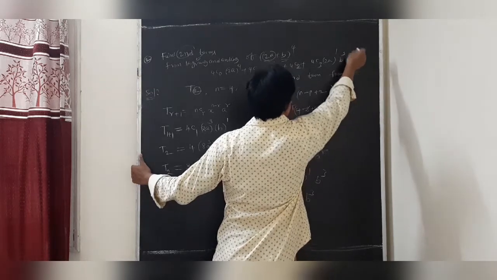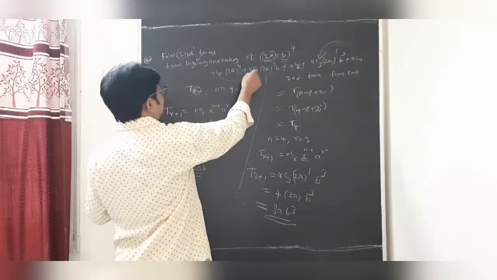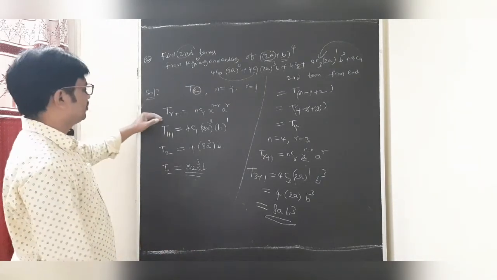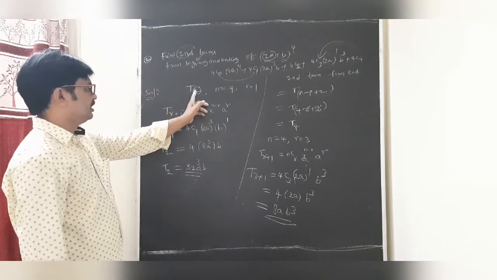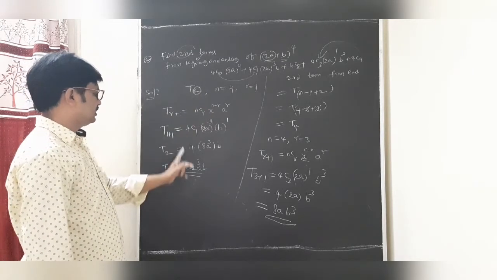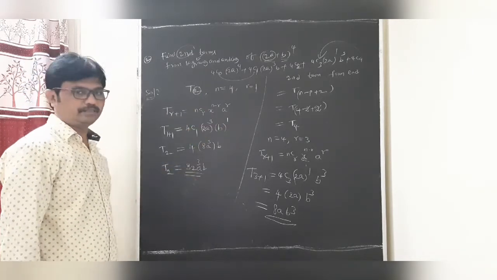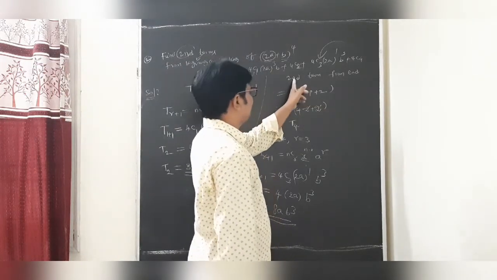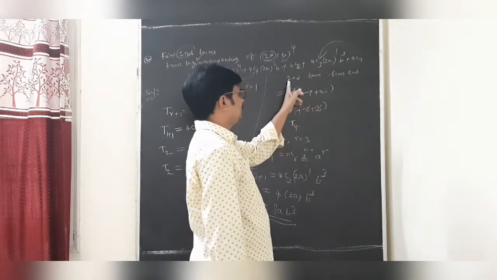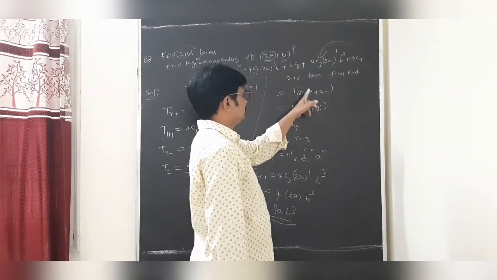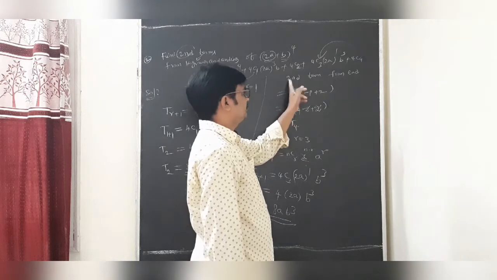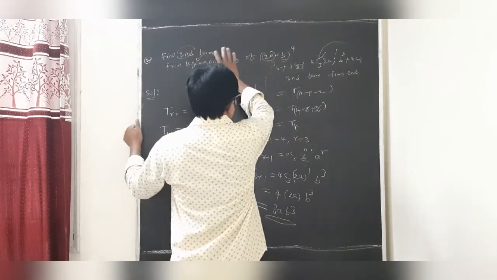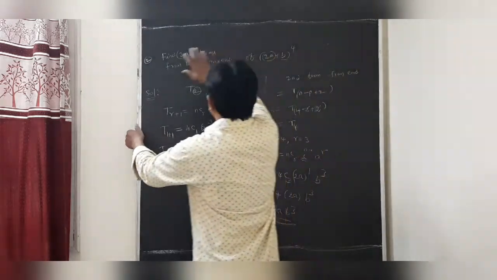Finally 4C4. This is the last second term, and this is the first second term when you observe. But this is the formula T(r+1): directly take from the beginning. T(r+1) is nCr x^(n-r) a^r. From the end it is T(n-p+2). For the second term, we take p as 2; for the third term, p is 3. For the fourth term from the end, n minus 4 plus 2. Is it clear, student? This is the formula. Write it down, students.